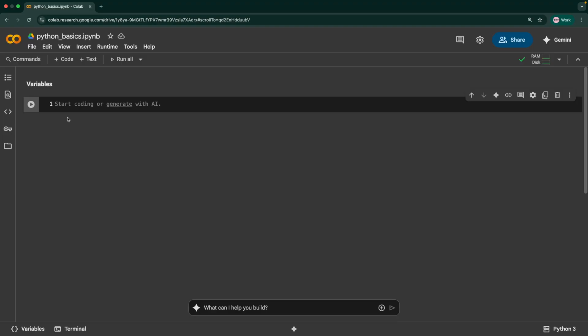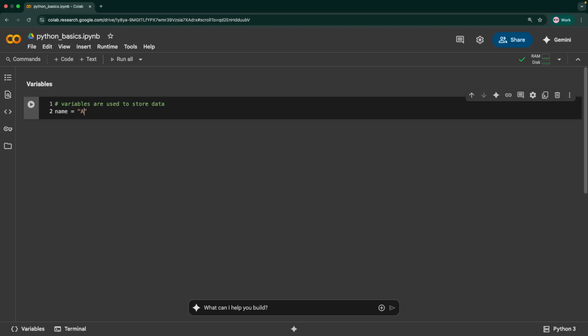Let's understand how we can define a variable. Here I'll write a comment just to give a description of what the code is. I'll say variables are used to store data. This is what we call a comment. When we start with a hash symbol, Python understands that it's a comment and not code. In the next line, I'm going to create a variable called name.